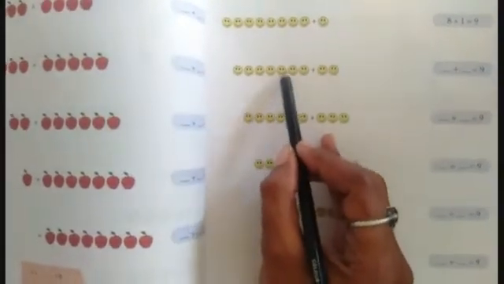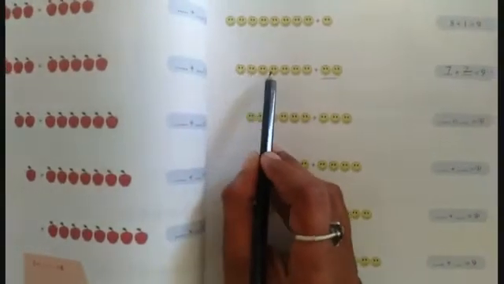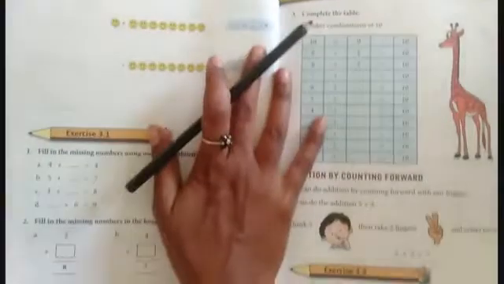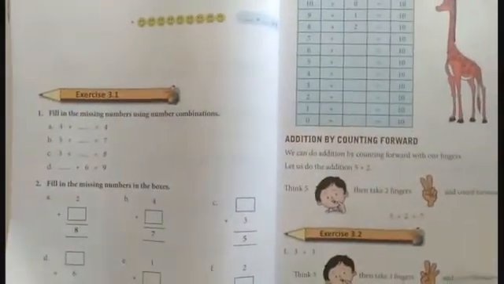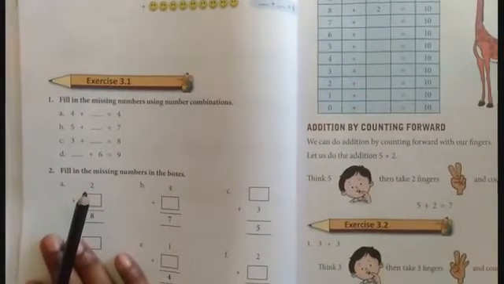I will tell one example, and you see how many smileys are there. See here, 1, 2, 3, 4, 5, 6, 7. So you have to write 7 here. Then how many? 2. Then total is 9. How does it come? You have to add 1, 2, 3, 4, 5, 6, 7, 8, 9. So totally 9. Am I correct? Like that you have to do the combination. Understood? Up to this much you have to complete. It's very easy. You just have to count and write the answer. Everyone understood? Yes.